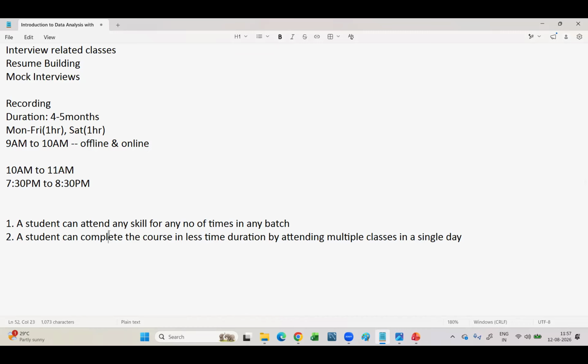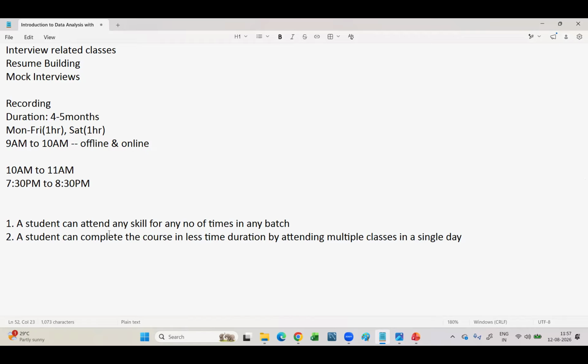In this way, if you utilize the flexibilities we're providing, you will get the best out of the institute. As you're paying the money here, use the best of the resources we are providing, so that it will give you the placement at the end of the course. That is our aim. Every student is going to be treated equally. Preference will be given to all of them.